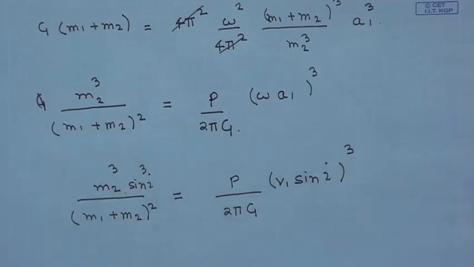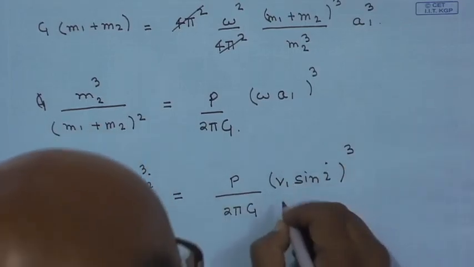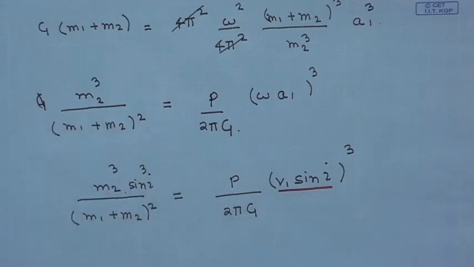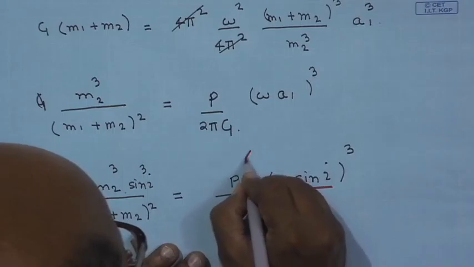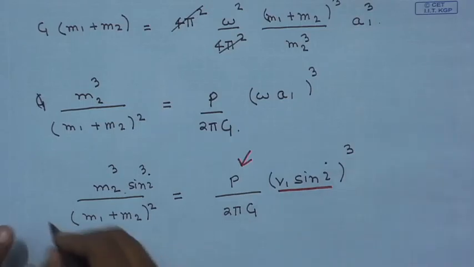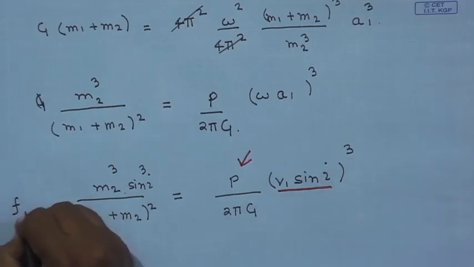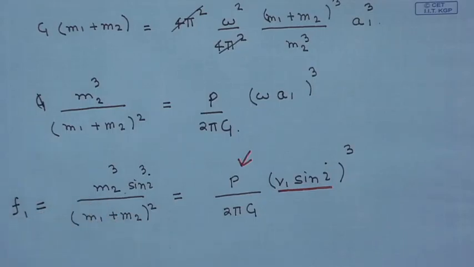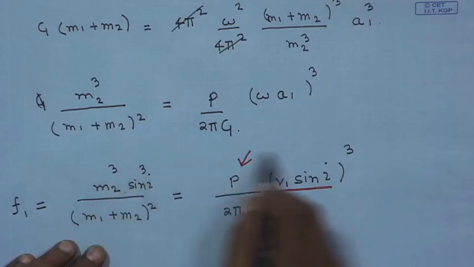So, these are two quantities. This is something I can determine from observations. This also can be determined from observations. 2 pi G we know. So, the right hand side is something that we can determine from observations, and this gives me what is called the mass function for the object 1. This is called the mass function of the object 1, and this is something that can be determined observationally. So, the mass function can be determined observationally, and it is, from the theory of orbits,